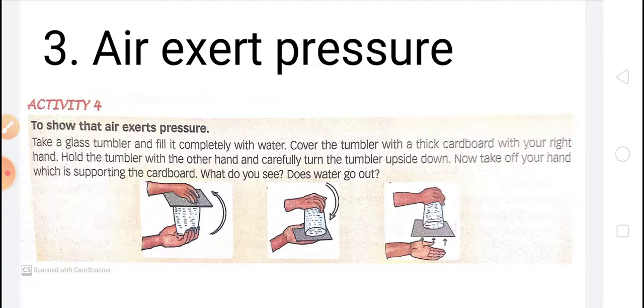I hope you understood this. Children, that's all for today. In another video we will study about another life support like water. Okay, so that's all for today. Have a good